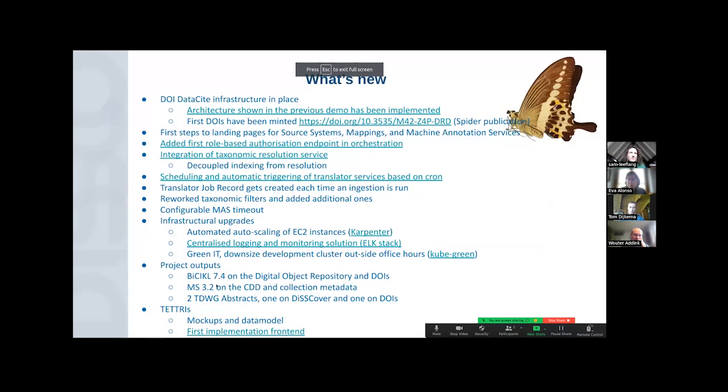Last things. As Wouter mentioned, we're completing the BiCIKL 7.4 and the digital object repository. I think it's interesting because it's mainly the storage solution behind DiSSCo. We're finishing up the 3.2 on the collection description dashboards, of which most of you were involved. And we have submitted 2 TETTRIs abstracts, one on the Discover and one on the DOIs. And then Tom,